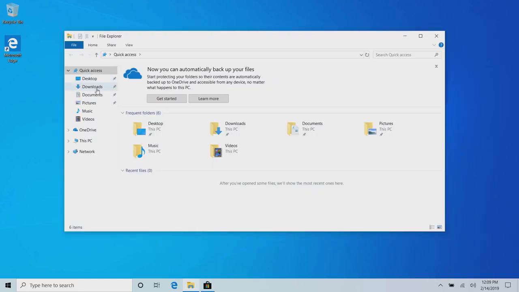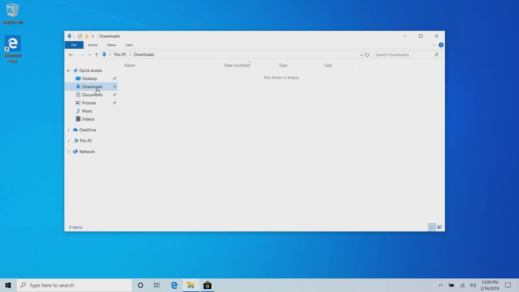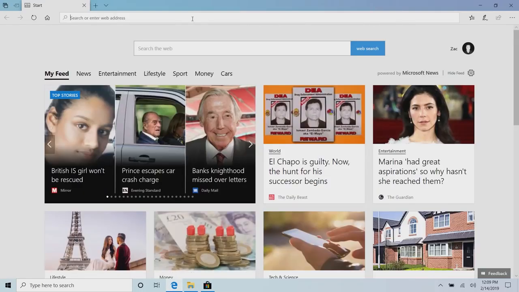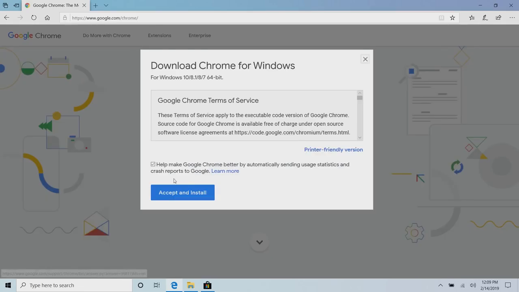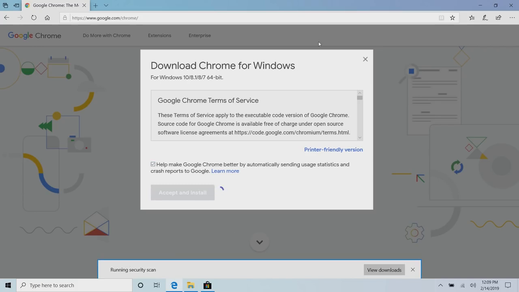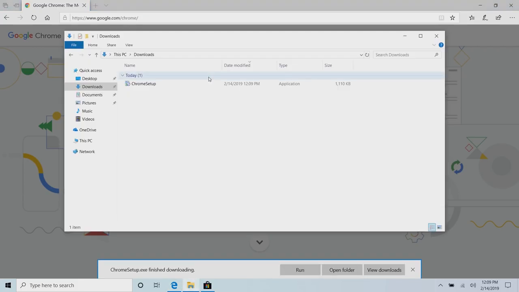Now, another new change in the April 2019 update is with how downloads are organized. So your downloads folder is now using a sort of timely-based UI, which isn't specifically new to Windows. You've always been able to enable this, but it is now enabled by default. So if we go to chrome.com here and download Chrome, you'll see that when I save this installer, in my downloads folder, you'll see a sort of today tab,